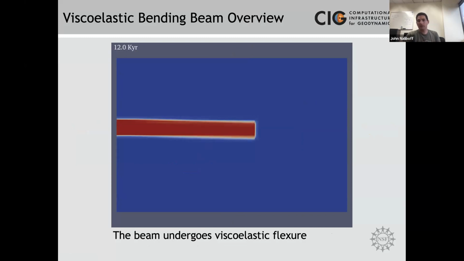So again, this is the video we saw yesterday. This is the beam bending over time. The red represents a compositional field. We're using this compositional field to track the different materials over time. But of course, these methods are not perfect, and so what you do see is some diffusion. Here, the value is 1, and here, the value is 0 of this compositional field, but at the edges, you do get some